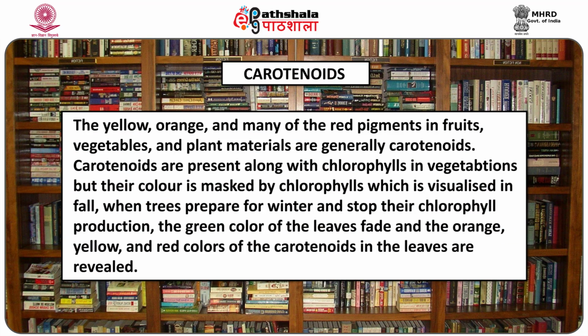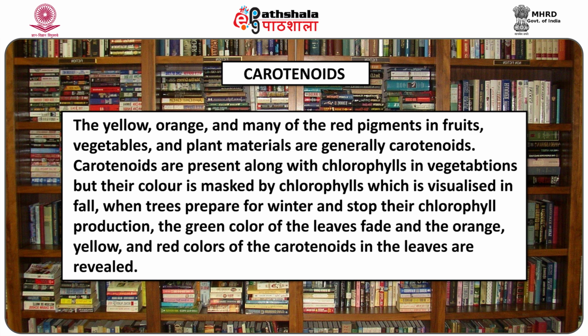The red pigment of plants is carotenoids. The term carotenoid refers to a family of about 600 different plant pigments. The yellow, orange, and many of the red pigments in fruits, vegetables, and plant materials are generally carotenoids. Carotenoids are present along with chlorophylls in vegetables, but their color is